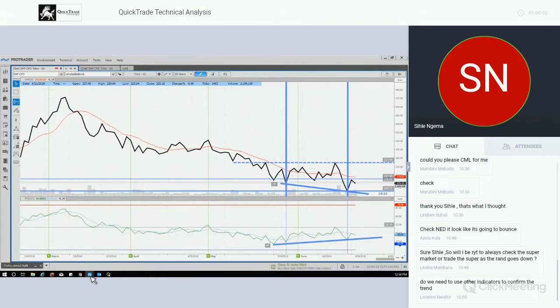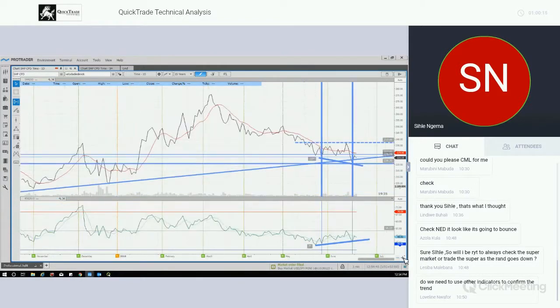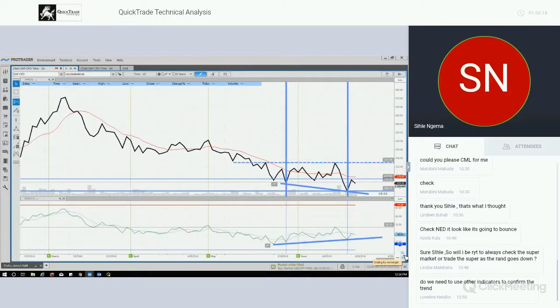This is an example of using indicators to confirm whether the market is at a key turning point or is still on a decline. Let's look at the RSI. The RSI is now going up against the price, but check what the price is doing there. I hope this is clear to you guys. Check this point here. This point is higher than this one here. So it's higher than this point here. But if you look at the RSI, it's the other way. It's going the opposite. The RSI is busy going